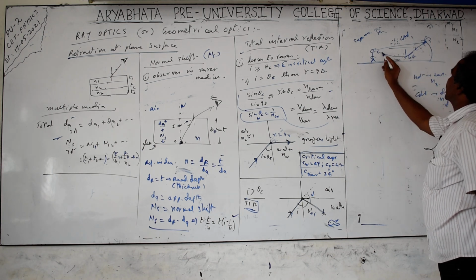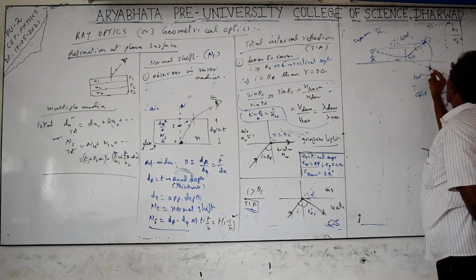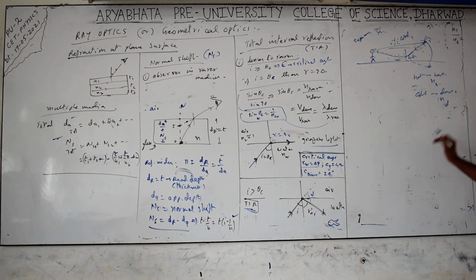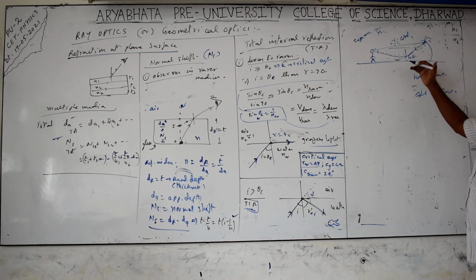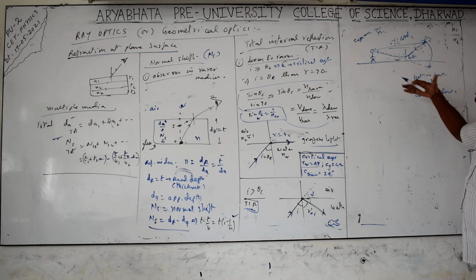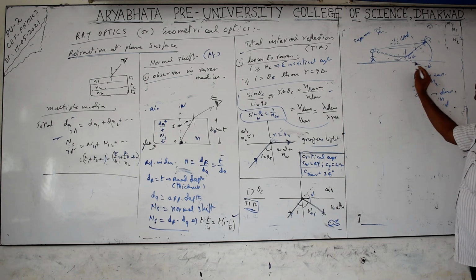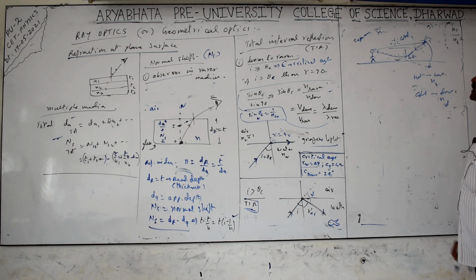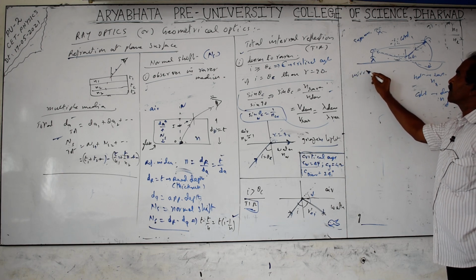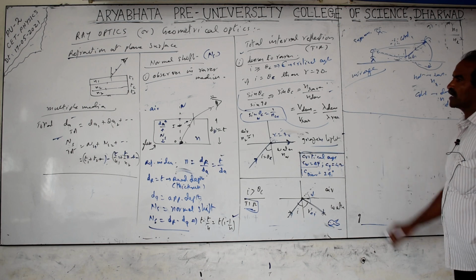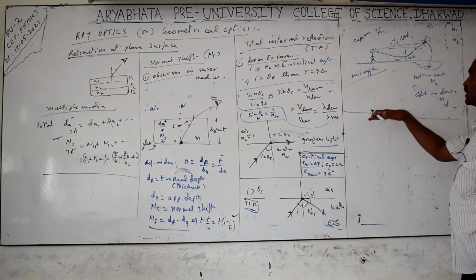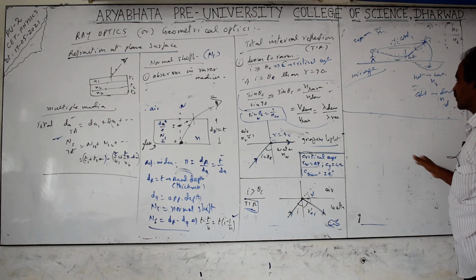So if the person sees the light ray coming from below, it appears as a smaller image, and it looks like a reflection from the ground. Our brain automatically thinks that there is some water there. Due to the temperature changes, the air molecules won't be constant, so density varies and the light changes its path. Because of that, the image looks like it is shaking, and our brain thinks that water is there. That is called a mirage. Mirages occur in hot regions, in desert areas, or even on our roads, at a particular angle when the road is heated up at high temperatures.